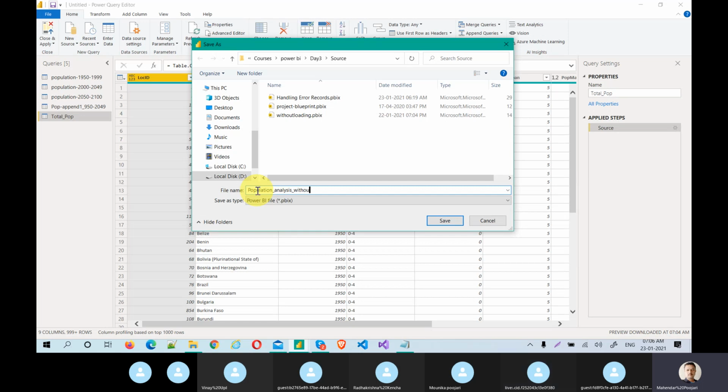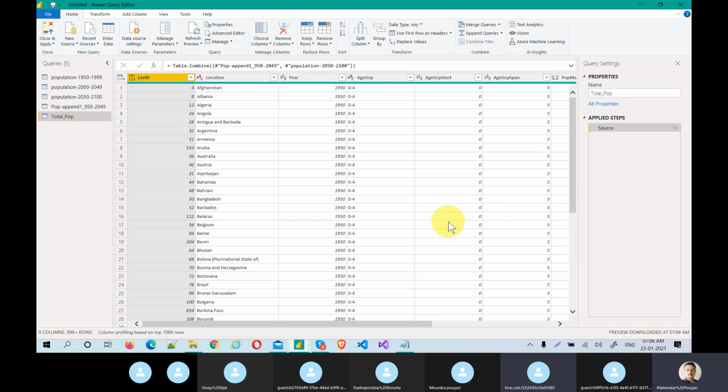I'm just saving without load. Without loading, guys, for your sake I am putting in a lot of effort. See, I've already created that without loading. I just recreated the scenario for you to make you understand more. You should appreciate my efforts. Okay, so I'm just saving this.